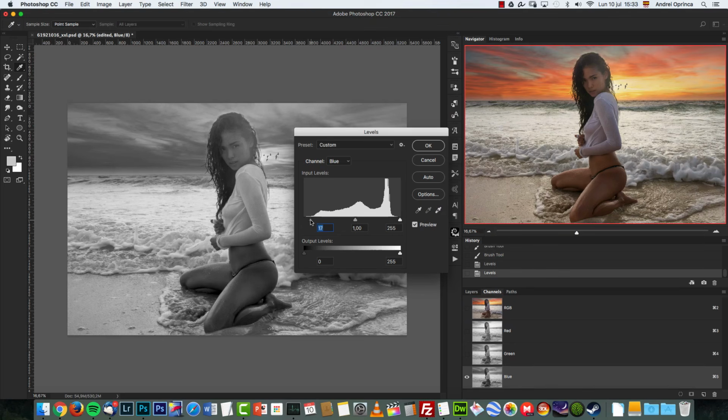So I'm gonna add some yellow on the highlights, on the shadows, sorry, something like that. And here, you can see the change. And I want to have more yellow on the image, so I'm gonna click OK here and go to the